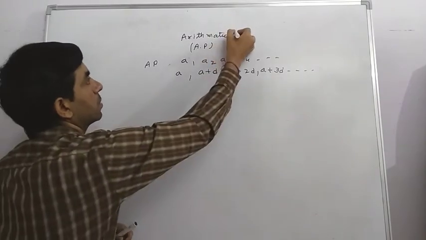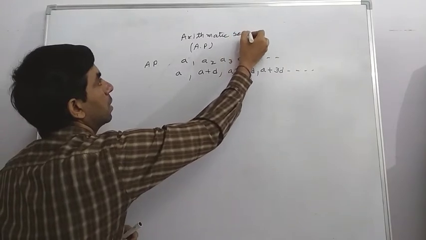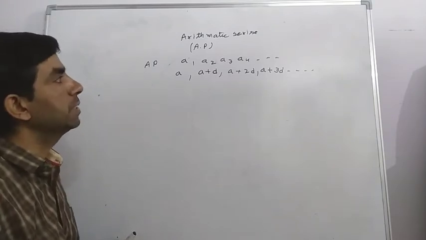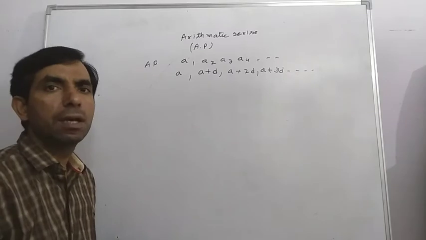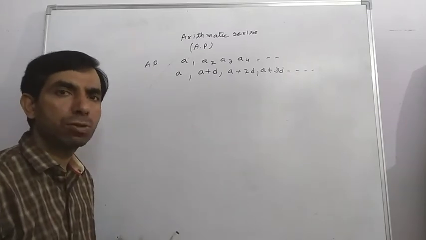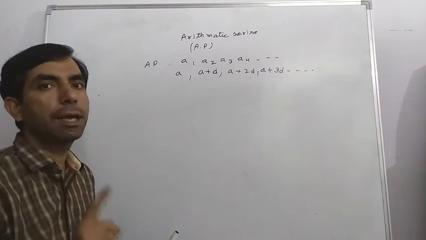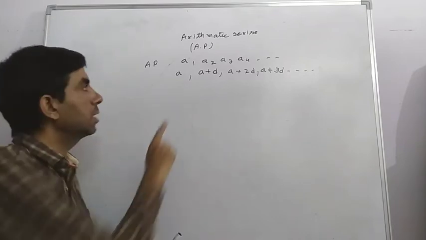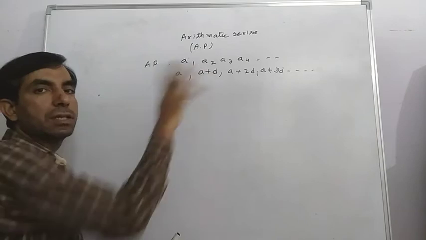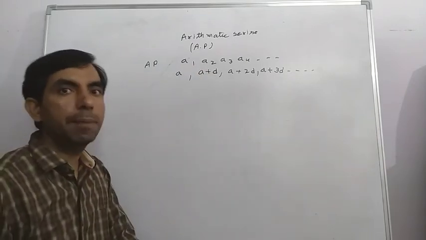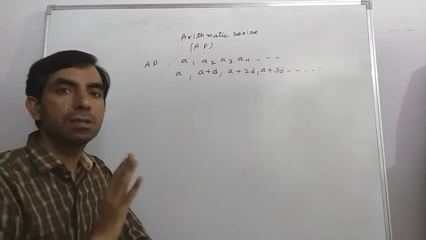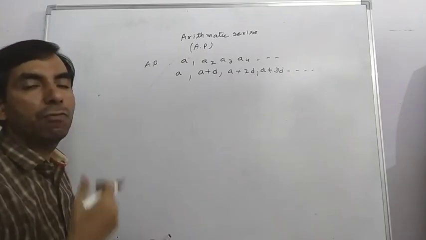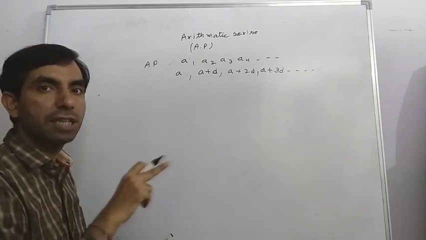Arithmetic series we can represent by A1, A2, A3 and so on. GP and HP can also be represented by A1, A2. But in this AP series we get each term by adding a fixed number in the previous term. We are adding D to the previous term. That is called the common difference. In an AP series the common difference is equal between each consecutive term. So today we learn how we can check whether it is an AP series, yes or no.